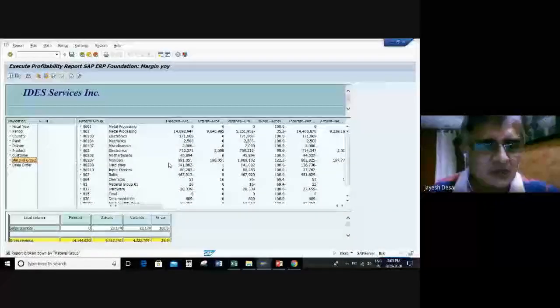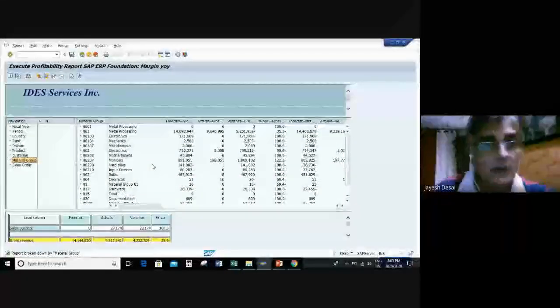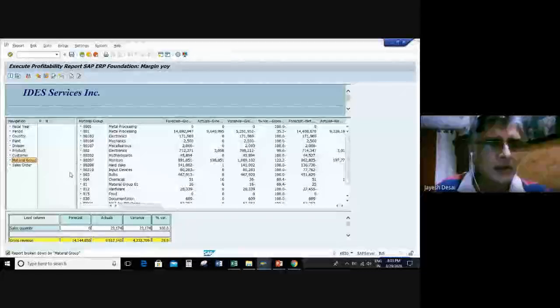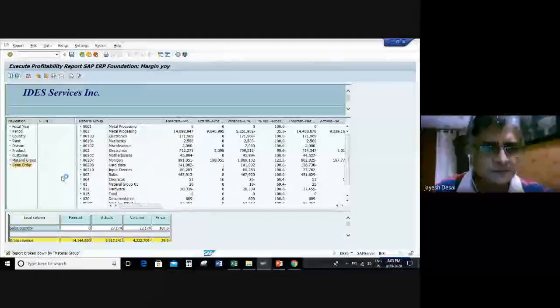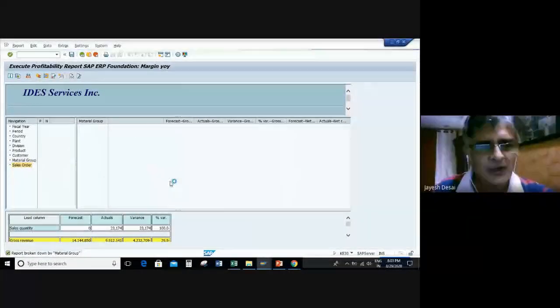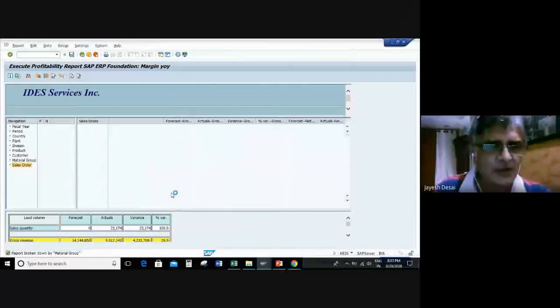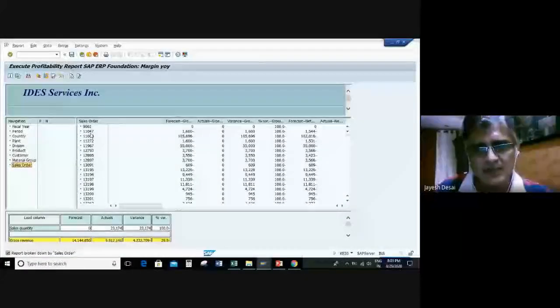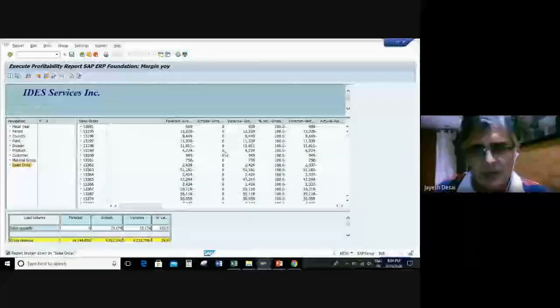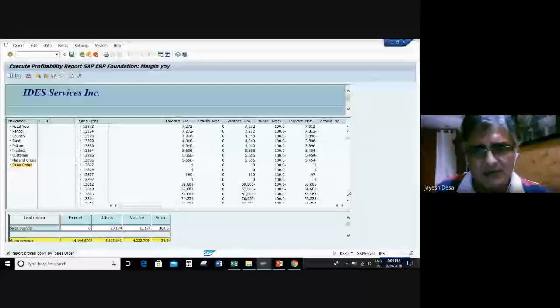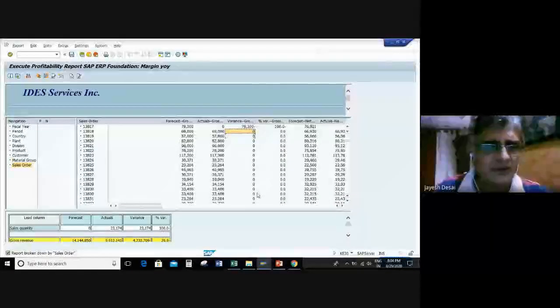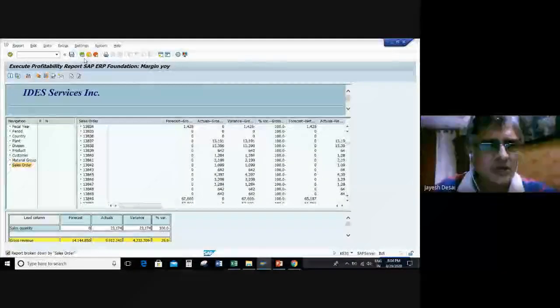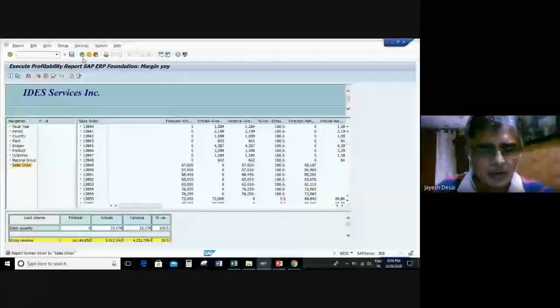This is prepared using something called Report Painter. Okay, and you can also see your profitability by sales order. So you can get down to that level of detail. Each and every order you can see. Of course, this is not very well set up, so it may not give you the correct variance. But if it is set up correctly, then it will give you the correct figures. So this one was a PA report.